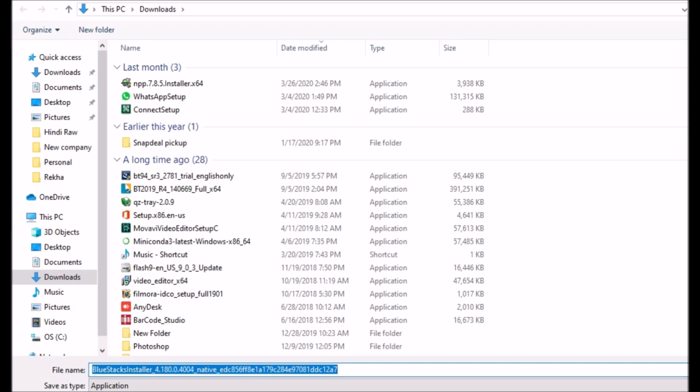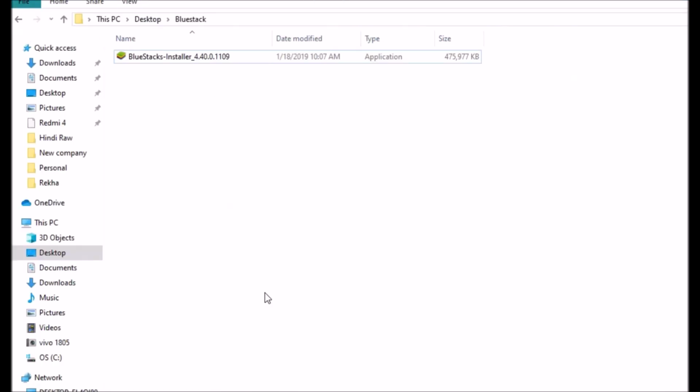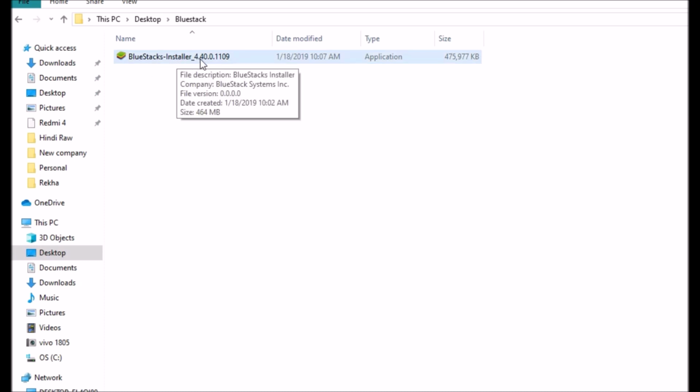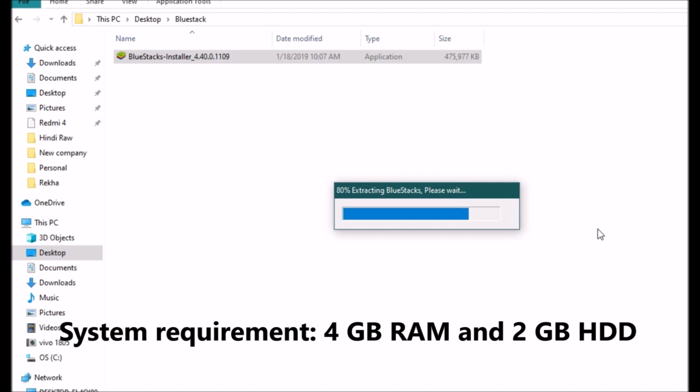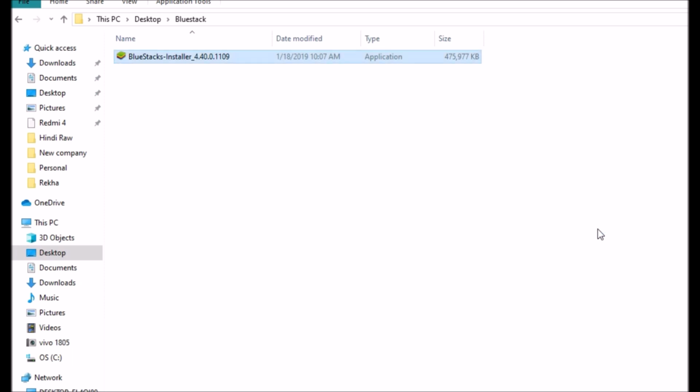Once you download the application in your PC, it looks like the BlueStacks installer and the version number. Now the next task is that we need to install the BlueStacks installer in our PC. So installation is very straightforward like any other software. So I was telling about advantages and disadvantages. The advantage is that you can download any application and use it in our PC, like any games. We will do one by one testing.